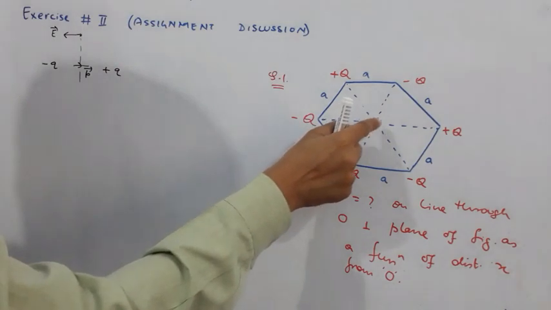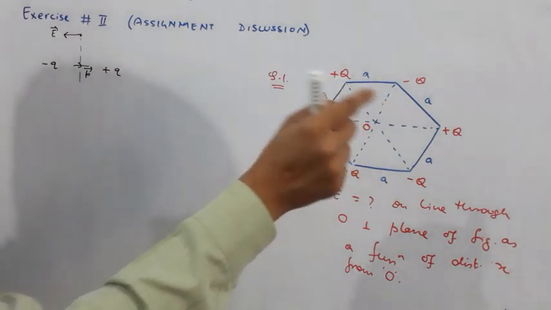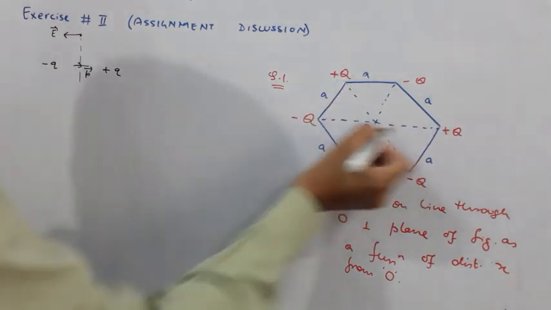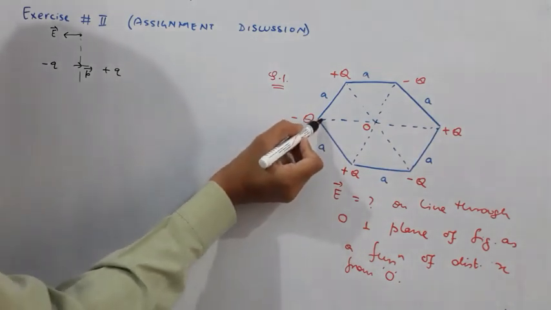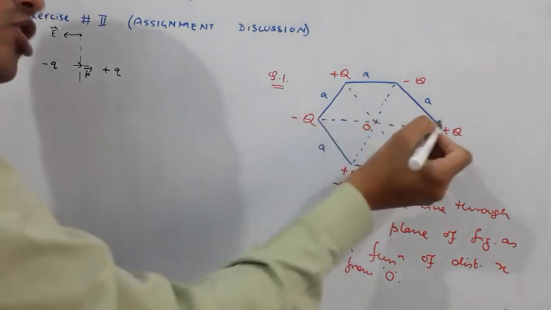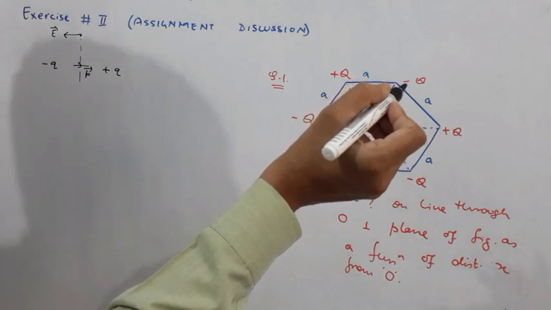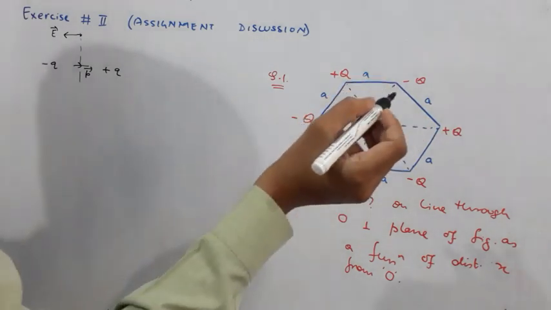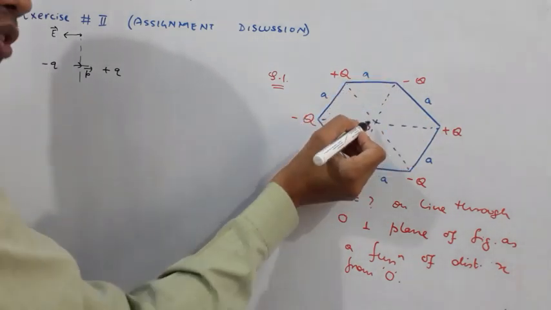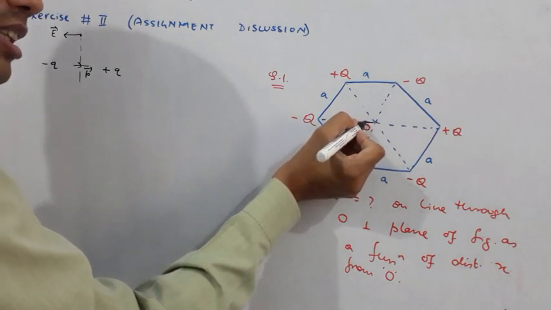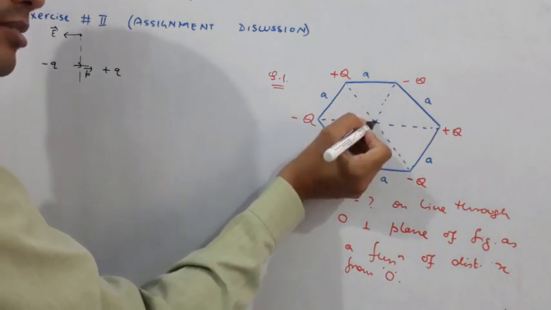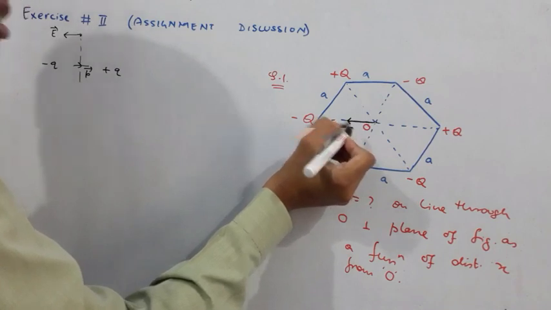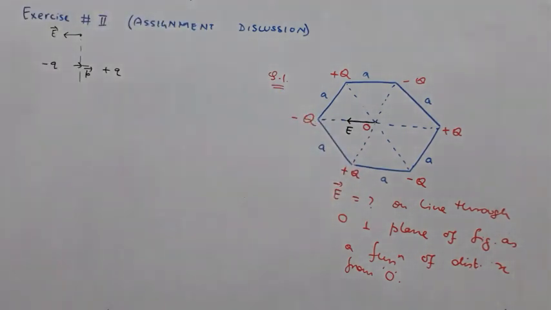Now imagine this point. At this point, consider this dipole. Here the dipole moment is from minus Q to plus Q. So opposite to that will be the direction of electric field. At this point, I can't represent it over here, so just for the sake of convenience I am representing this field here. Let that have a value E.